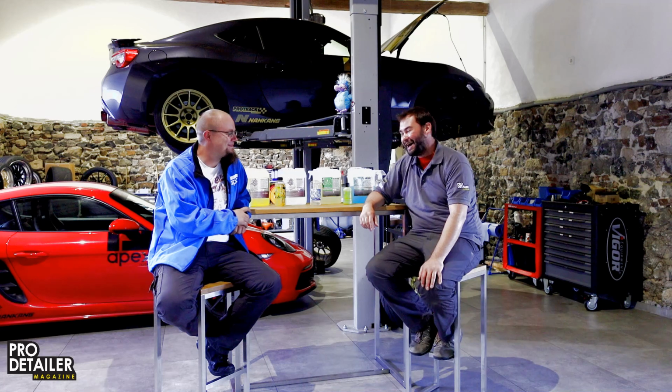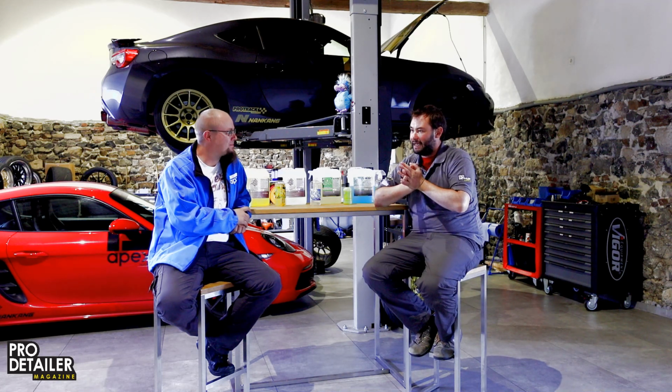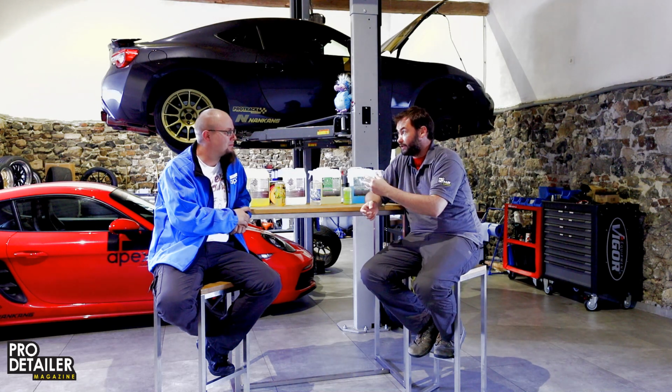Yes, quite. So from your point of view as the detailer here, in terms of prepping the cars, you're looking really to put a lot of work in early on so that they're then easier to maintain. Yeah, that is the plan, especially for this off-season, this winter. I want to prep all the cars as good as I can, coat